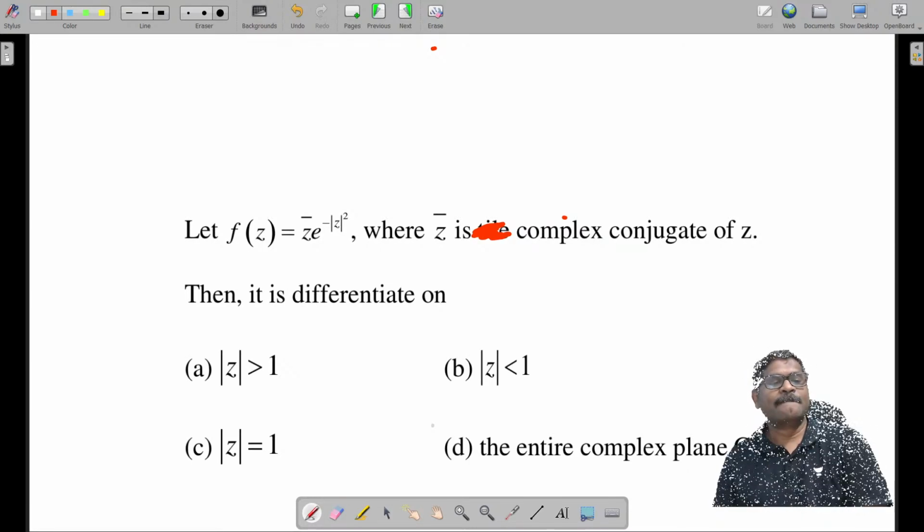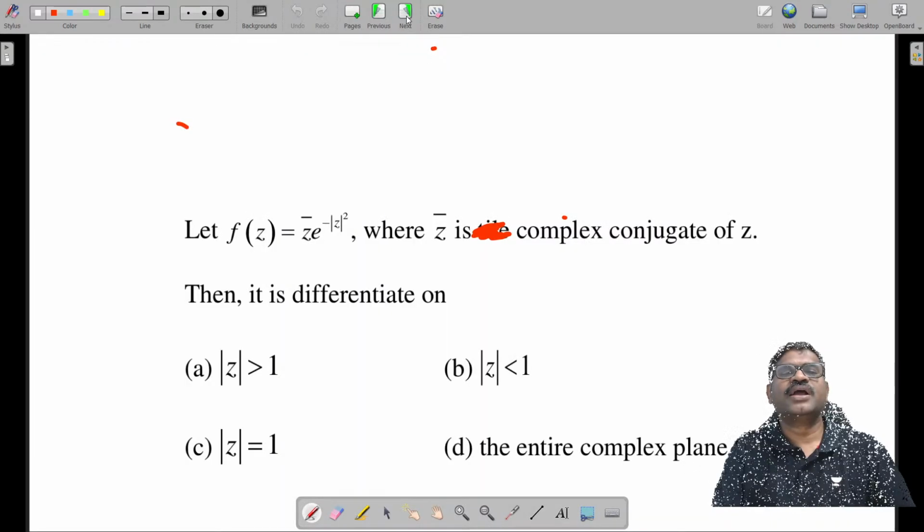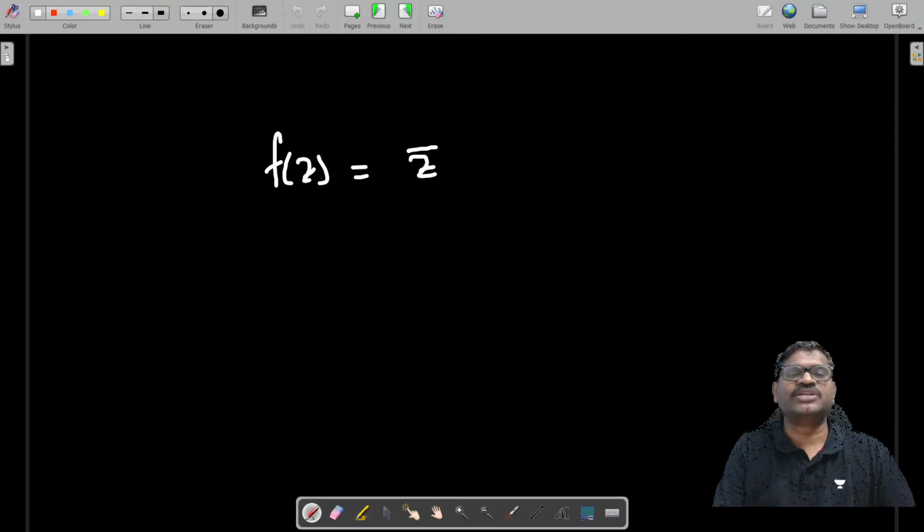Okay, na? Now observe carefully. f of z is z bar into e power minus mod z whole square, that is